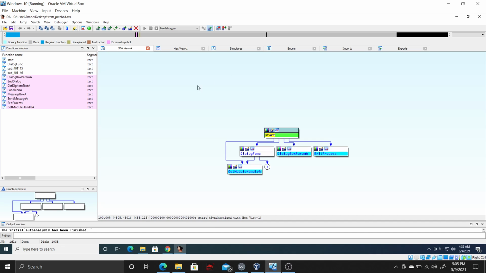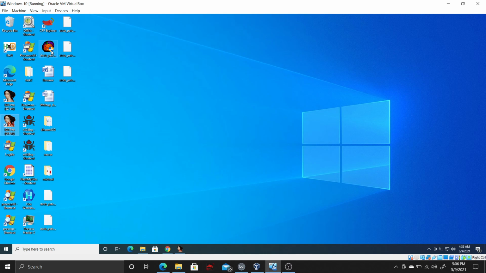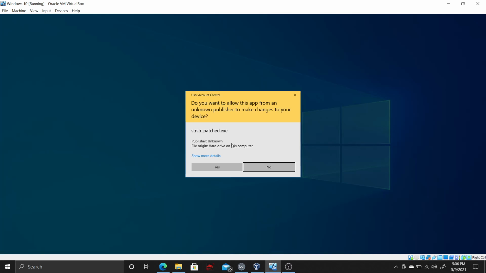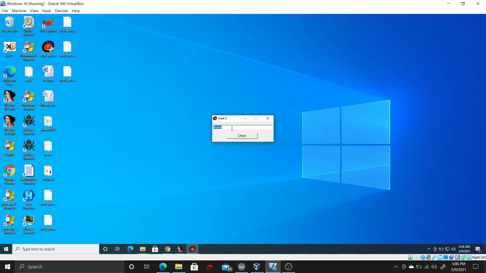Now I already have this patched binary that I patched a few minutes ago, and I will show you what I changed in it. If you see, when I run this patched binary and put in fit geek, which was the right password before patching, it will show wrong.